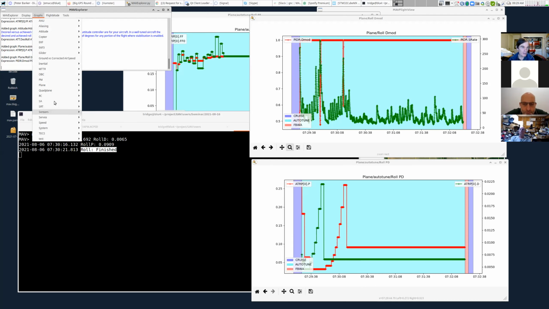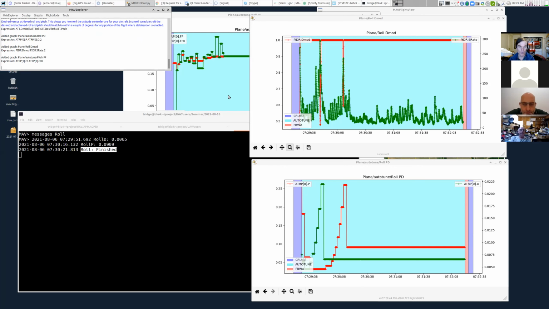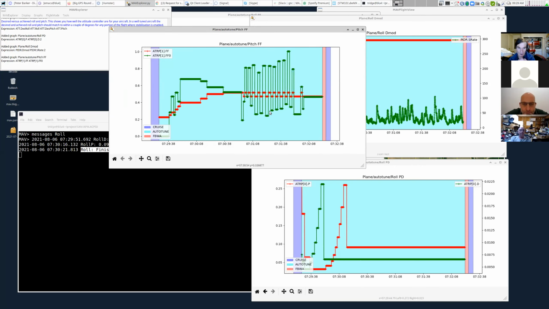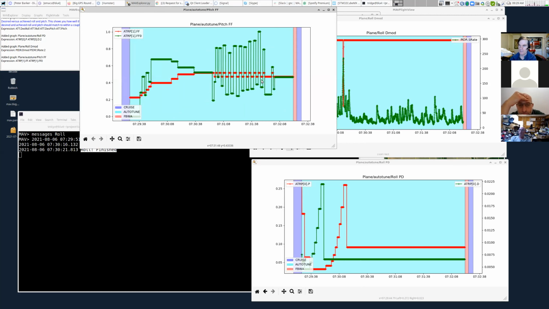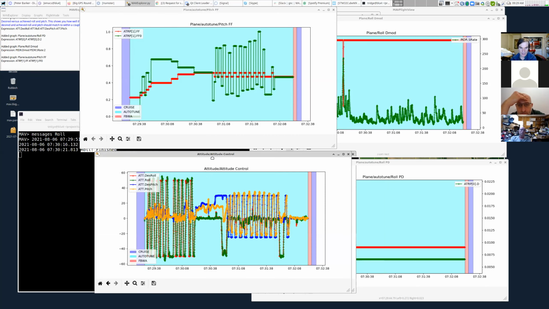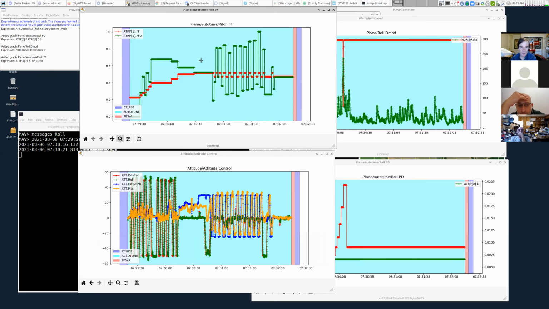We can have a look in pitch. So very similar. We can look at the pitch feed forward, and we can see a lot more variation in the feed forward estimates in pitch. And I'm finding this to be quite common. It's not something that I really resolved properly. It's quite common that we get an asymmetry in pitch, and I don't know whether it's because of the asymmetry in the linkages, but we quite often find that if we look at the attitude control here and we zoom in on this part where he's doing the pitch auto tune,